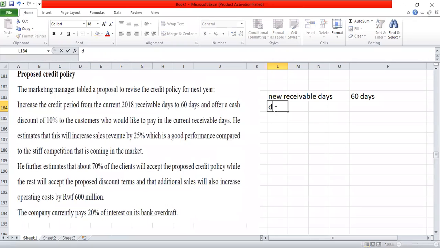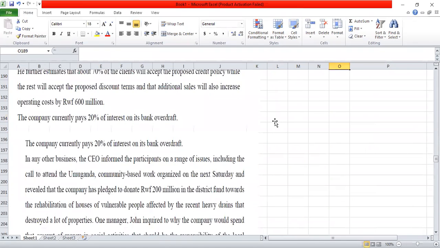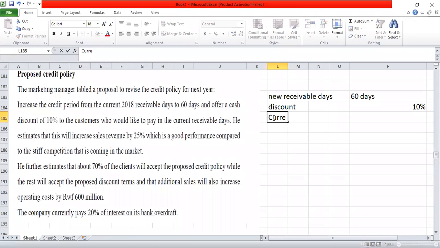And our discount is 10% to those who would like to pay in the current receivable days. So what is our current receivable days? That's what we need to get. Our current receivable days is